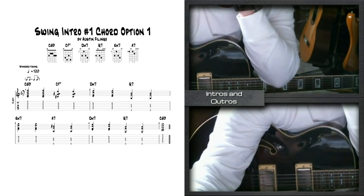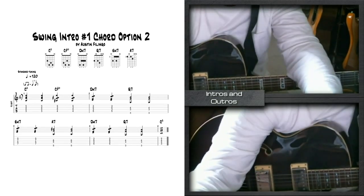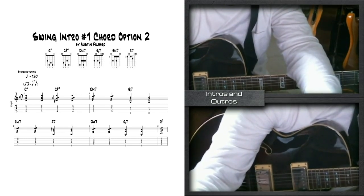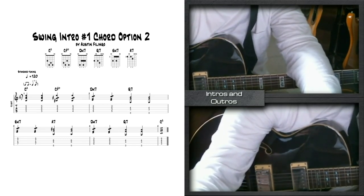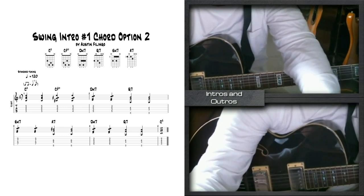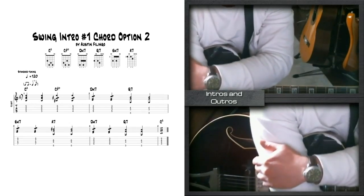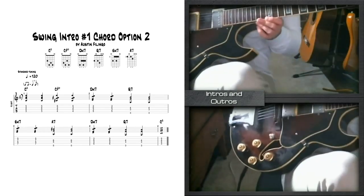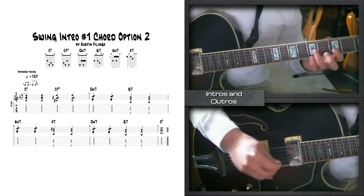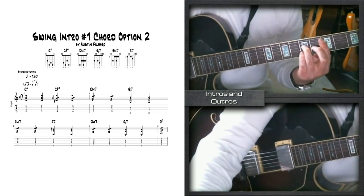Chris, let's jump to swing intro number 1 with chord option number 2. So this is pretty much the same thing, guys, just a little bit different. I used a different guide finger with the D minor and the G7 and the E minor and the A7, and I used a C major 7th instead of the C6-9. So like I said, I always kind of like, I don't know, 6-9 chords always remind me more like Western swing. Major 7th, this chord, it just sounds jazzier to me, like, right? It's prettier or something, right? Now, like I said though,